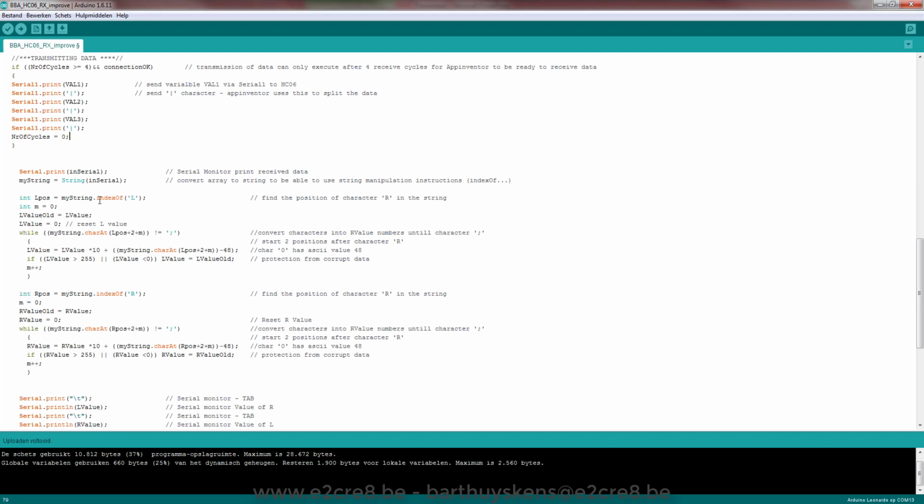Because I search for the L here. First I copy the actual serial array to a string, because I can't do string manipulations on an array. Maybe you can, but I can't. So the place of the L is determined. It's probably place 0 in my string, and then